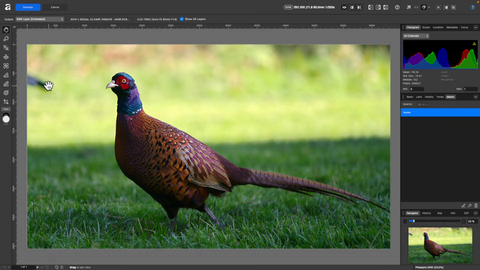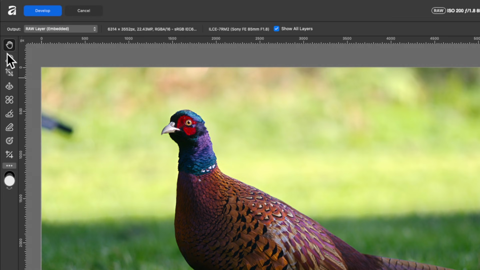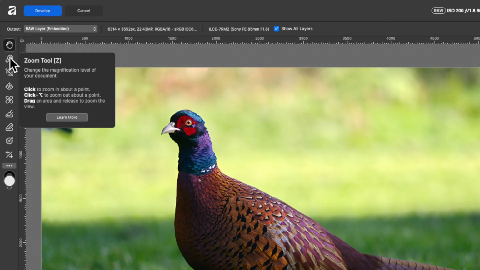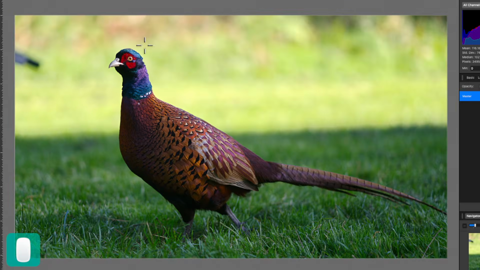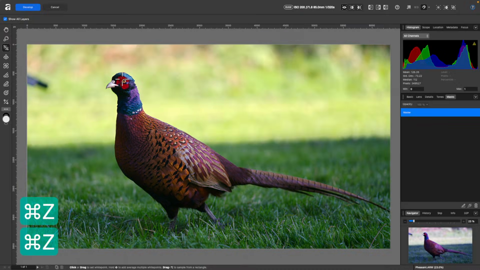Okay, that's not a great crop, but you see this little leg here? I could get rid of that in the Pixel Studio later, but first of all, I can go through some of these other tools. So the view tool and the zoom tool, we know what they do, as I showed you earlier. And the white balance tool, basically with this one, you can click on it and then you can take a sample from somewhere, maybe like the white beak over there. And look, I'll just tap a couple of times. So you can sample from around the image to get your white balance. I'll press Command Z a couple of times.